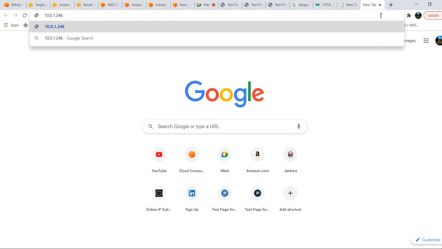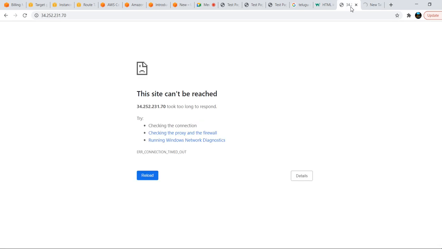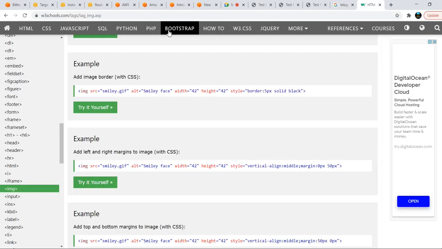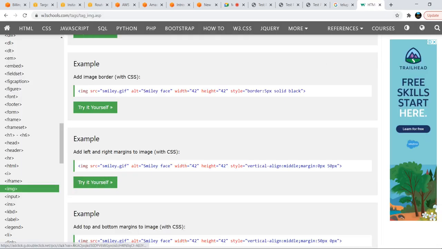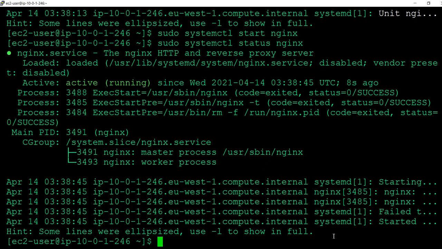You can't fetch it with the private IP also. Then how will you access your application? This is how we host our applications in real-time environments. Both the IPs are unable to access the application. That is where we have the concept of a load balancer, where we install the load balancer in public subnets, right?